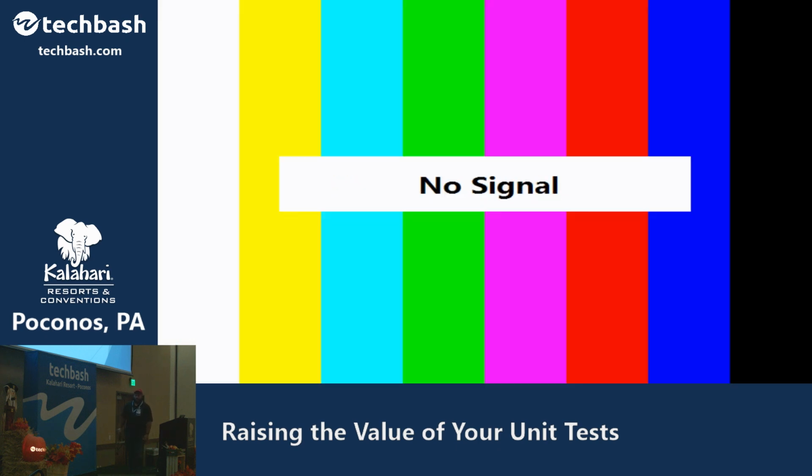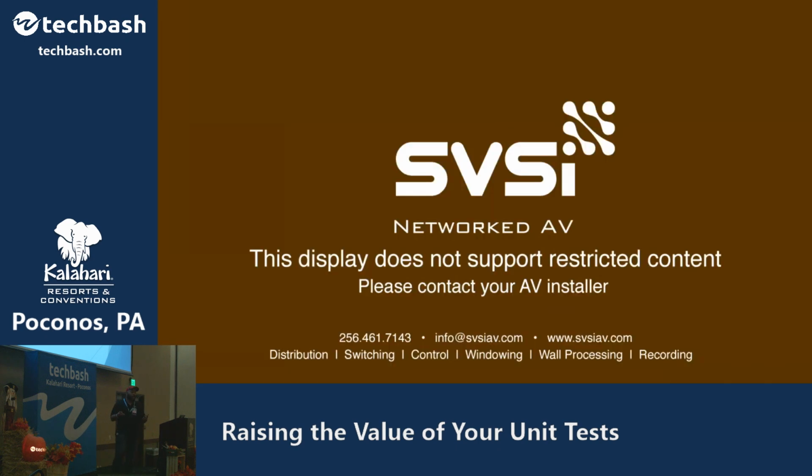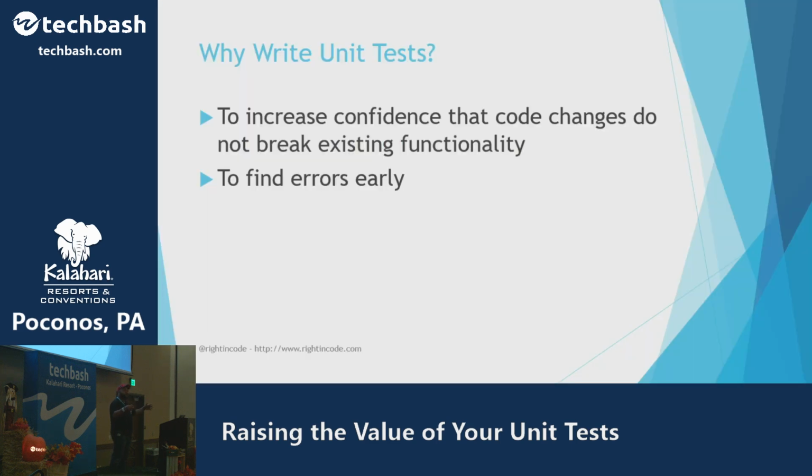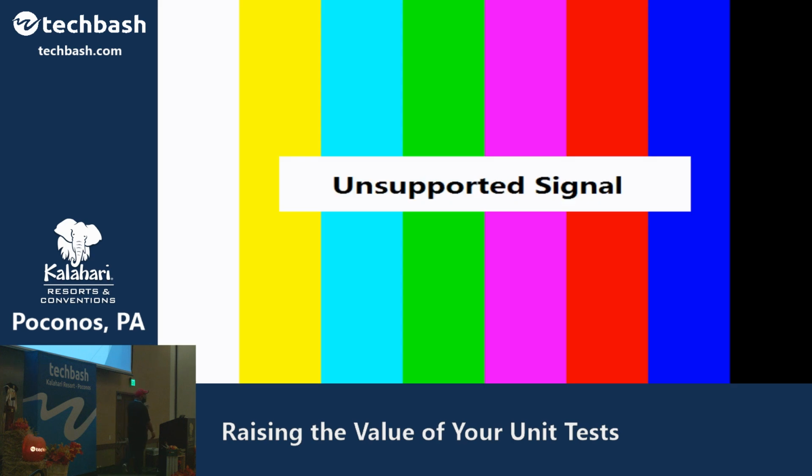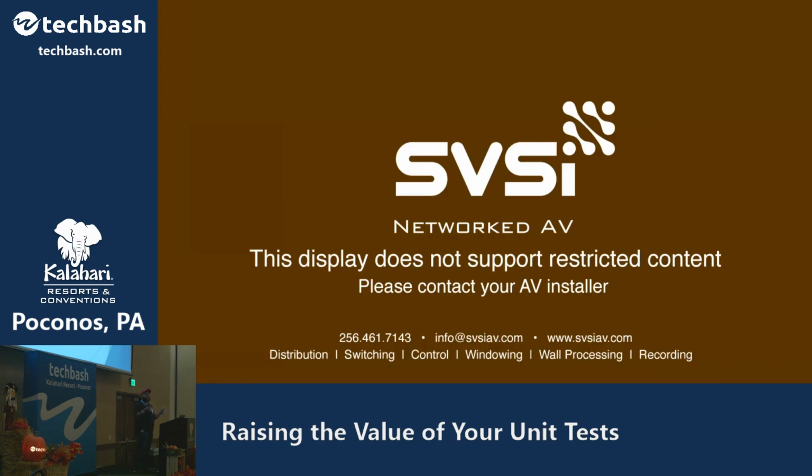Find errors early. If you think about software development and building enterprise systems, there's a pipeline of things that happen. It gets more complex as you add more and more teams working on different things, but on the same code base. You don't want to find an error right before you're about to ship the software, right before you're about to publish, or if it's on premises, about to package it up. You want to find it in the dev cycle. You don't want to wait until some manual tester gets to it towards the end of that pipeline. You want to find it early. So we write unit tests for that as well.